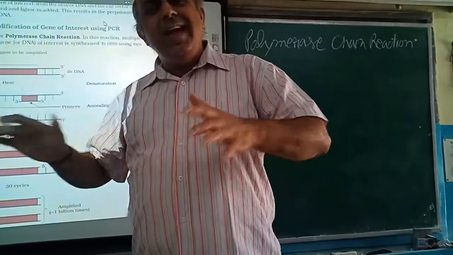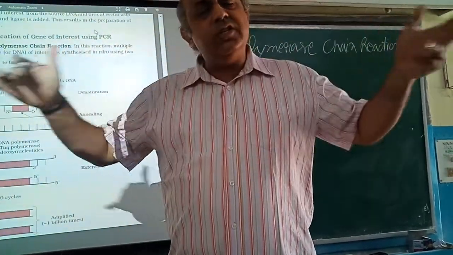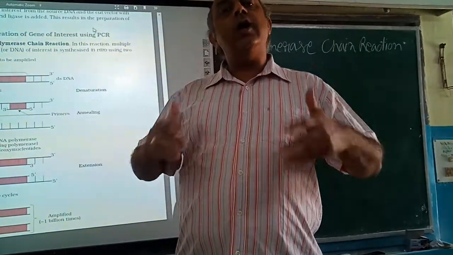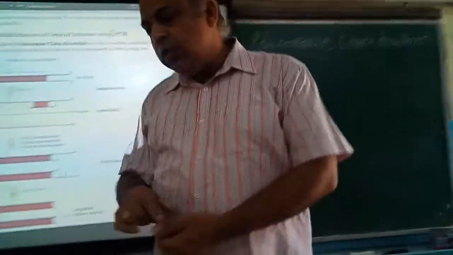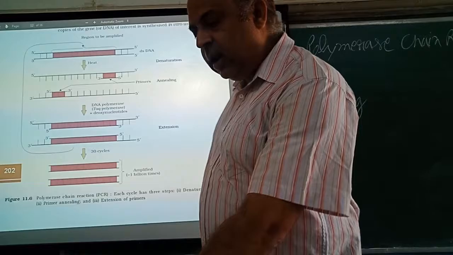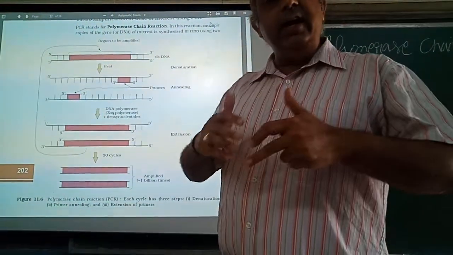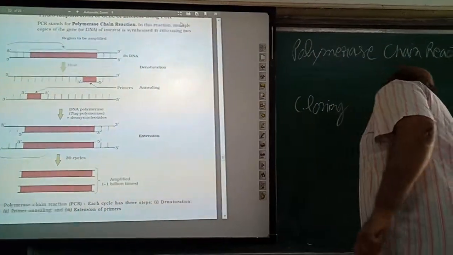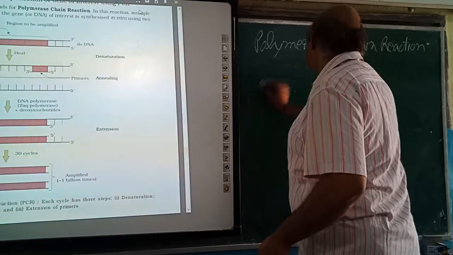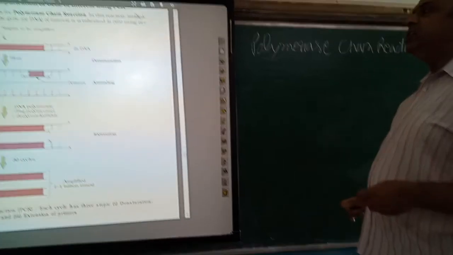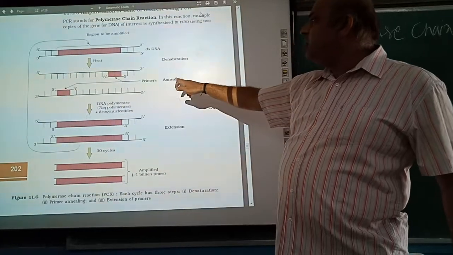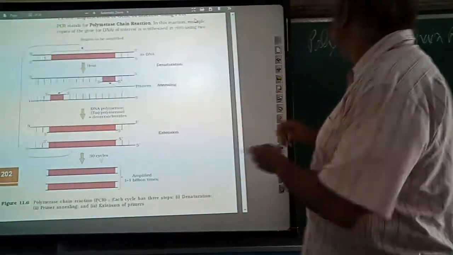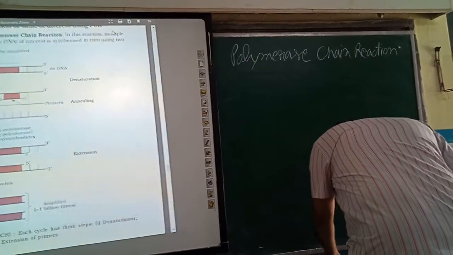And over here we are using some more sophisticated machinery. We are using a machine in which we are doing polymerase chain reaction so that we can increase the number of copies of a DNA segment of interest. All this happens in a machine and it takes place in 3 steps. Step number 1, denaturation. Step number 2, annealing. Step number 3, extension. What are all these steps? Let's see one by one.